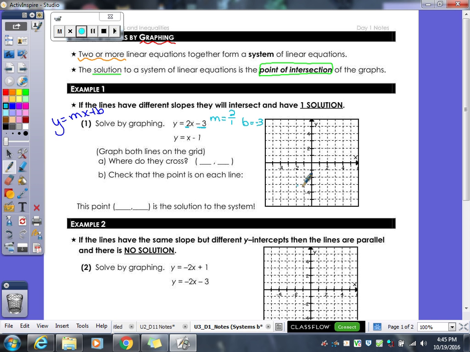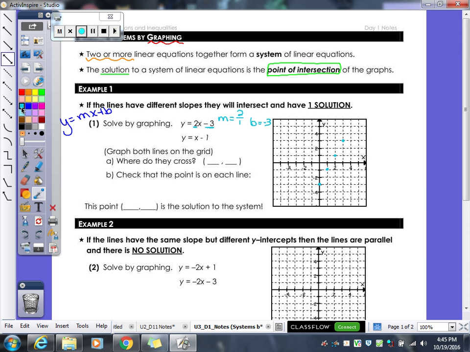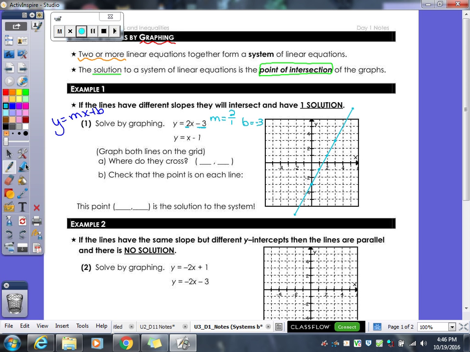So we always begin with our b, which is our y-intercept. Since it's -3, we start at -3 on our y-axis. And then our slope of 2 means we go up 2, to the right 1. Up 2, to the right 1. Now you always want to have at least 3 points to make your graph accurate. I used 4. You can always use more. The more points you use, the more accurate your graph is going to be, but you need to have at